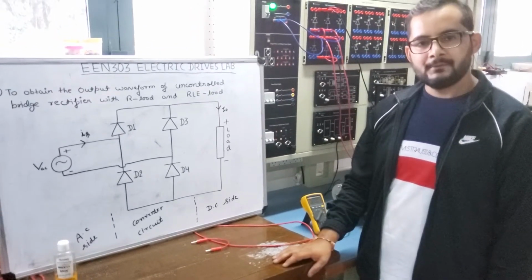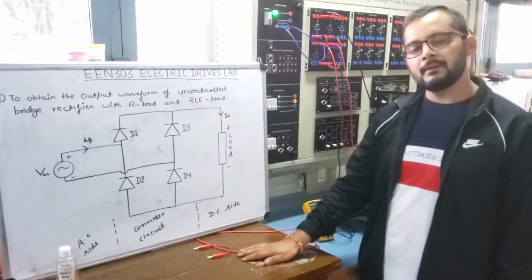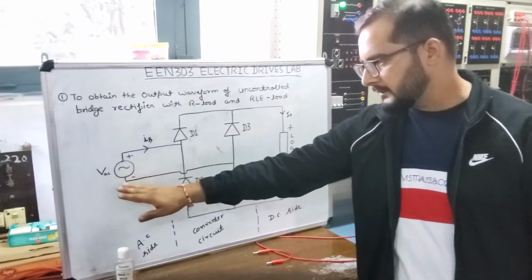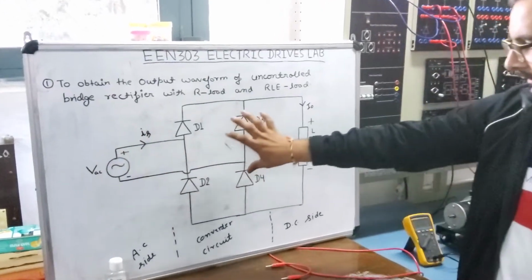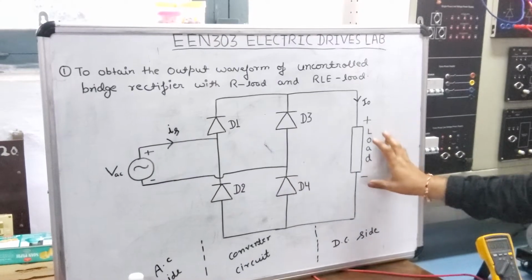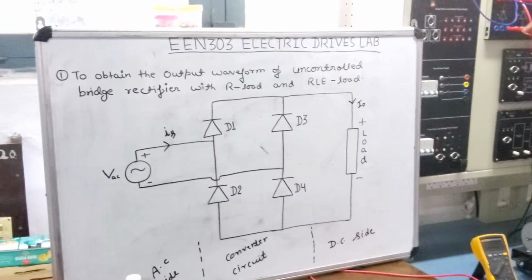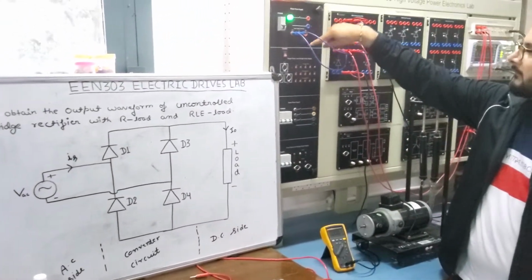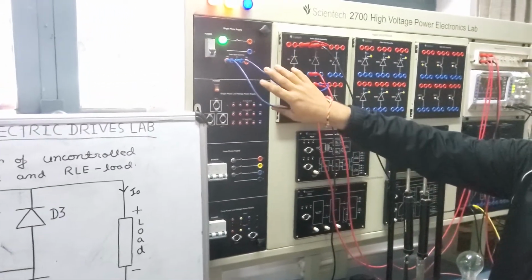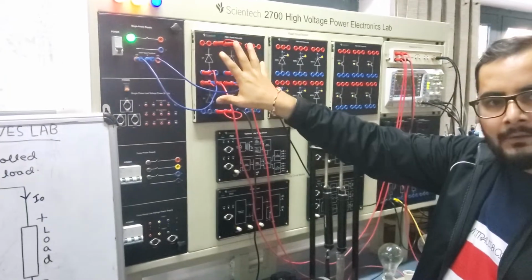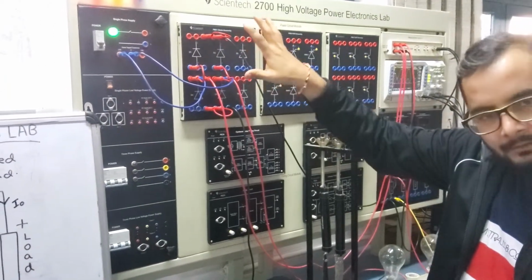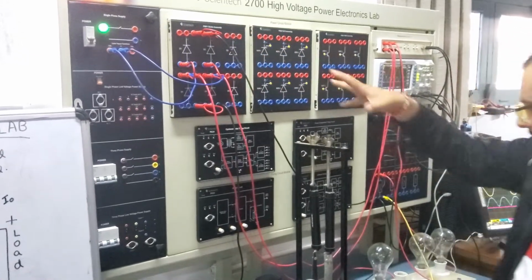Hello all. So today we will perform an experiment on a single phase full wave rectifier. As you can see, we will use this AC source and these diodes D1, D2, D3, D4 to convert this AC into DC. This is our AC side with 115 volt RMS, and I have given this AC voltage to these diodes, D1, D2, D3, D4, and this output DC is going through